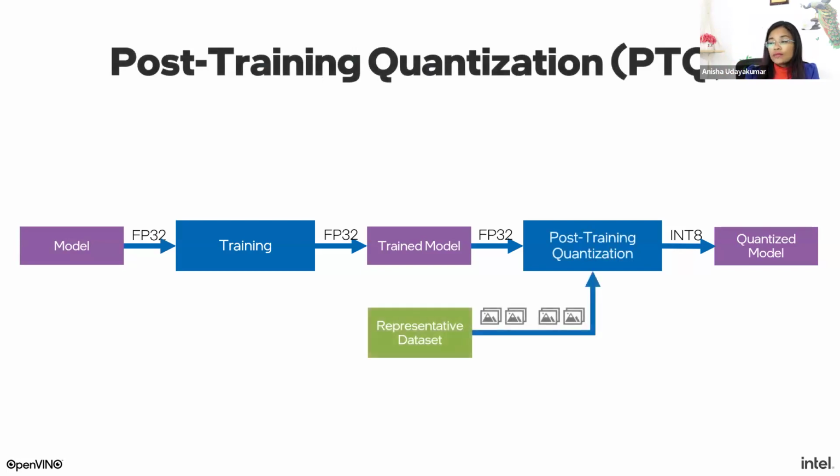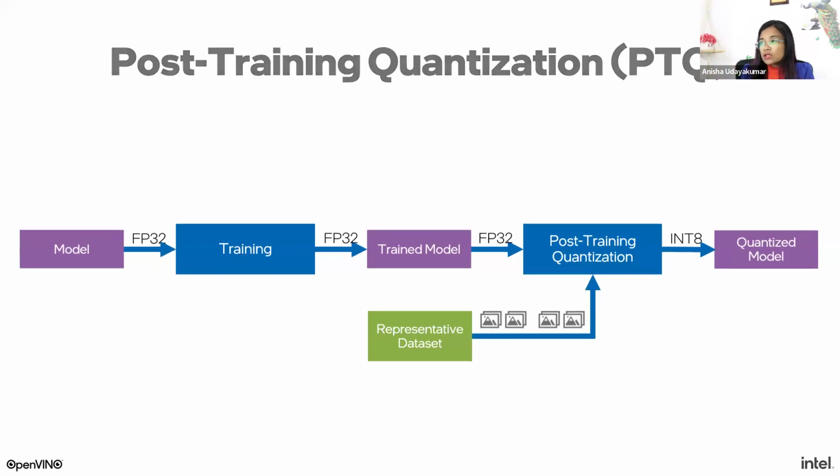Not just that, we also have other quantization techniques like post-training quantization, which you can leverage. It can streamline the process for optimizing models for high-speed inference. This process involves evaluating the original model and transforming it into a quantized version. We try to export both the optimized and original model to OpenVINO IR format and compare their performance. And this is what happens. What we try to do here is utilize a minimal dataset requirement for post-training quantization, thereby reducing the need for extensive data and simplifying the entire process here.